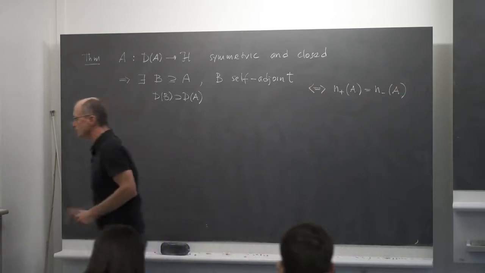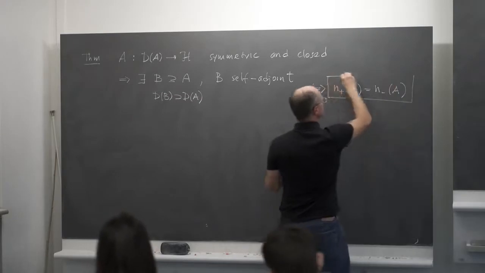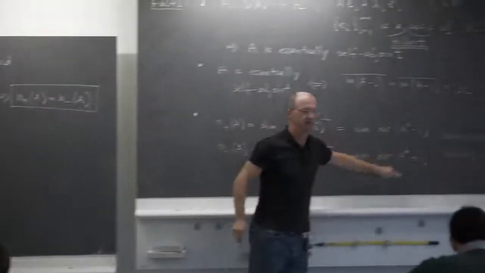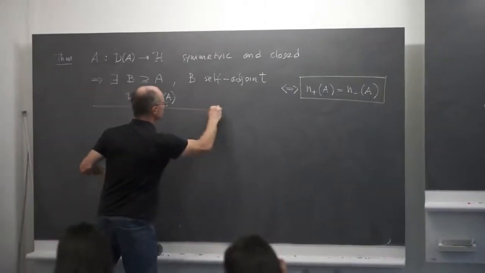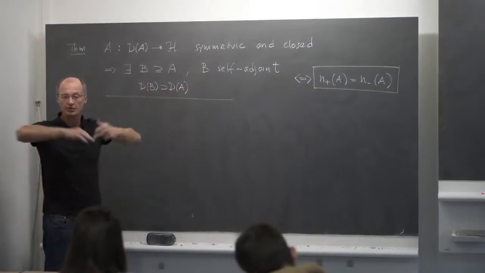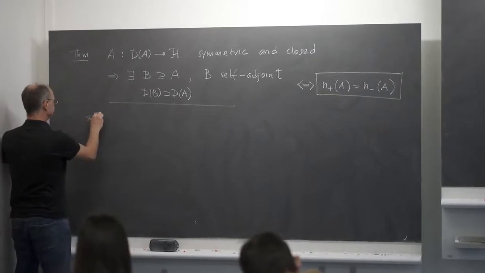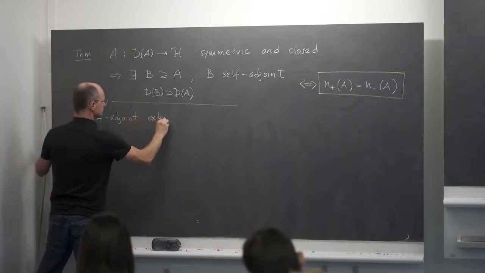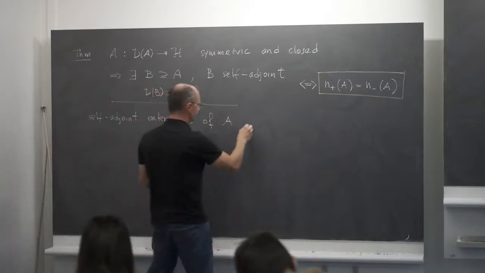If and only if the deficiency indices, so the dimensions of those interesting looking subspaces, they are the same. Now, moreover, there is a complete classification of those extensions. Actually, B is not unique. Maybe there are many B's which are self-adjoint. So those B's, the self-adjoint extensions of A,